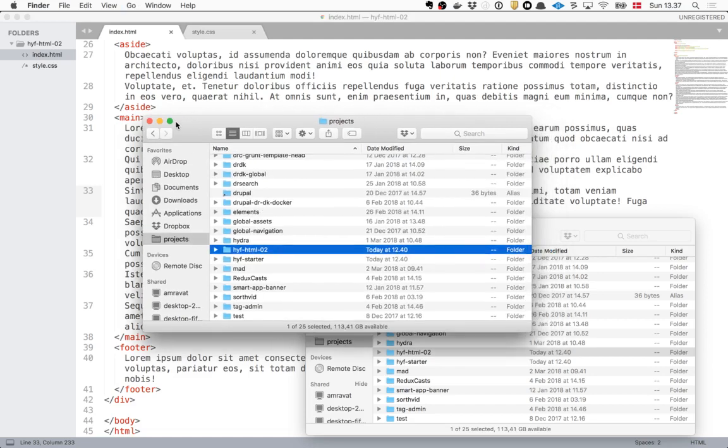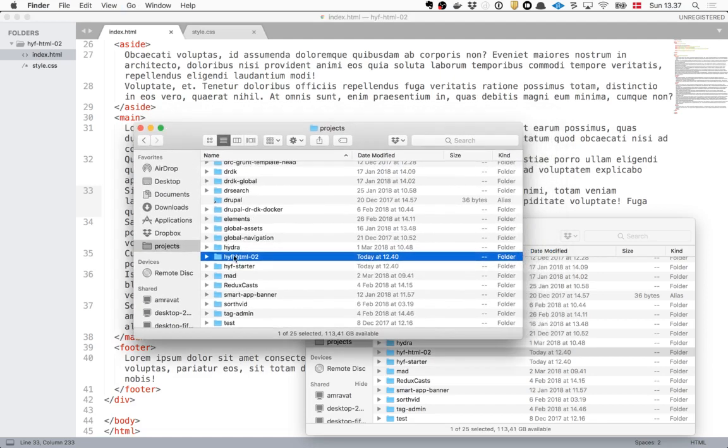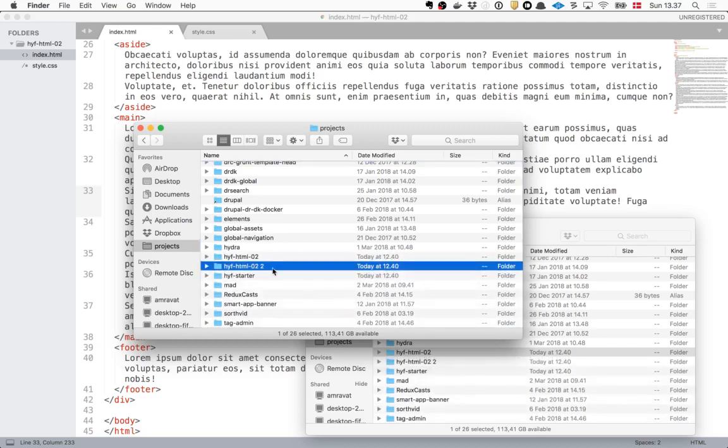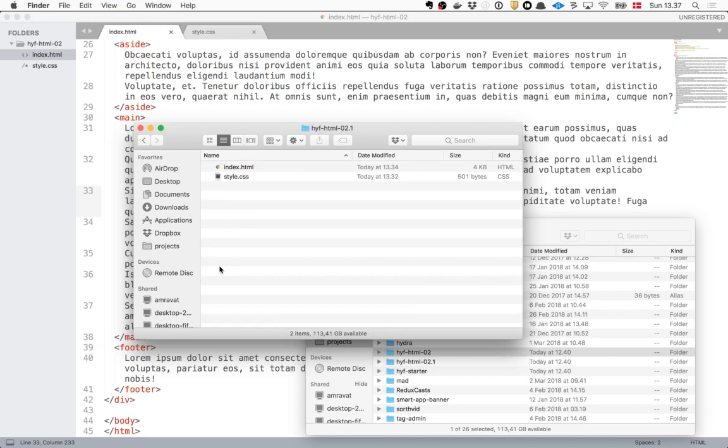Right. So as Jacob just said, don't throw away the stuff that you just did. In order to not do that, I'm just going to copy this one. I had to think about my naming conventions before I started this. So I just make another copy of the entire project. Please do the same. And then we're going to remove some things from the new version.